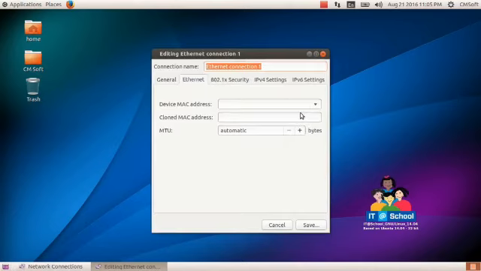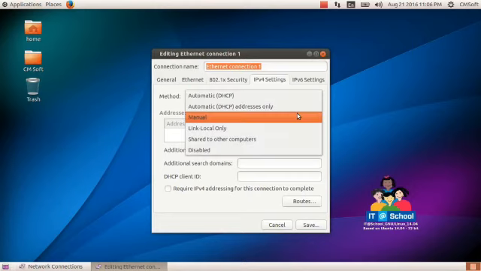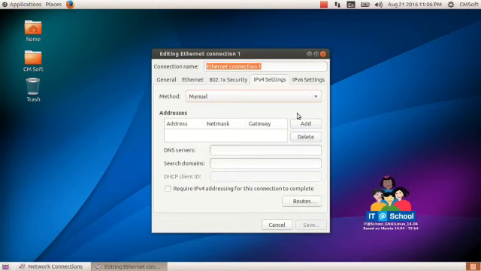Then add. Then select the IPv4 settings. There, change the method to manual. Then add the address. Give the address as in your textbook.